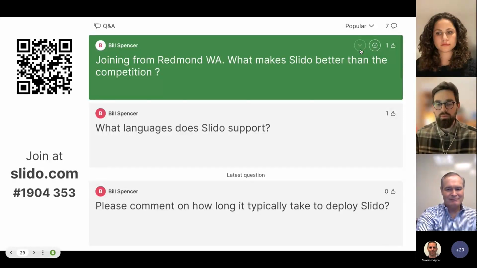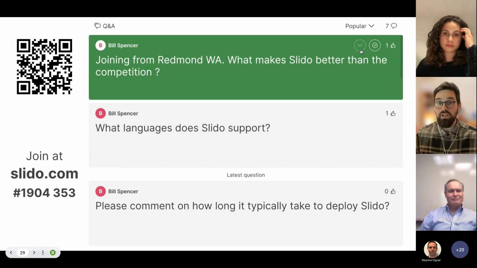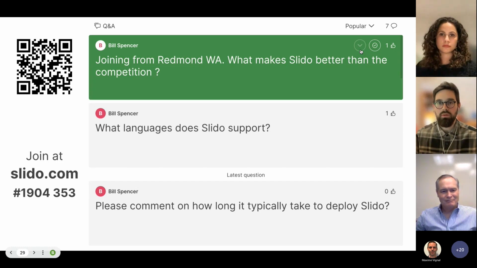Within each of the polling types that you saw, there are different granular and more detailed settings that you can use. For example, for the rating poll, you can change that to an emoji scale, which is very helpful because sometimes it's better to let the participant express their emotions or their preferences using emojis.